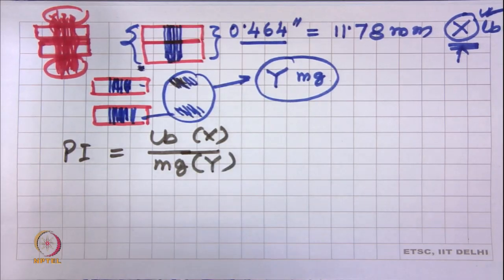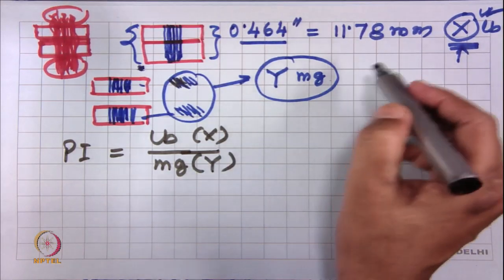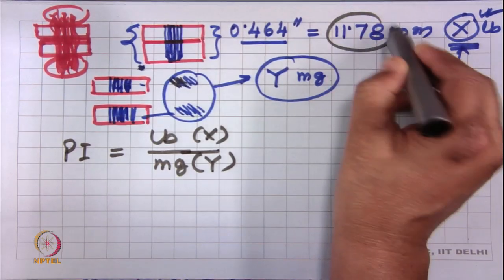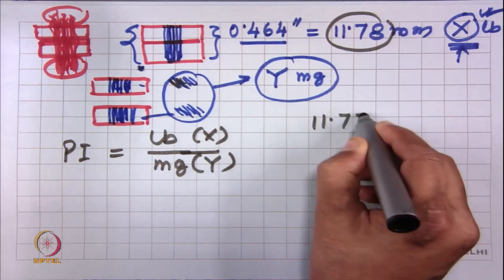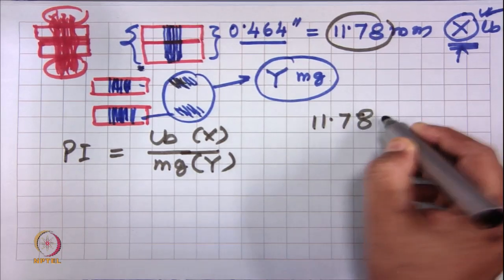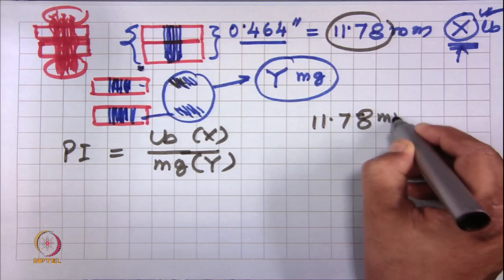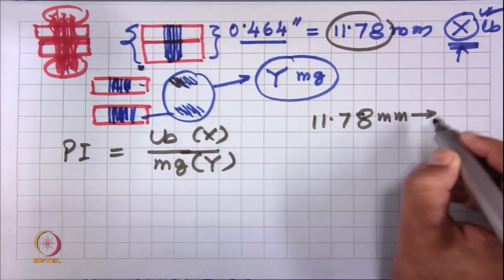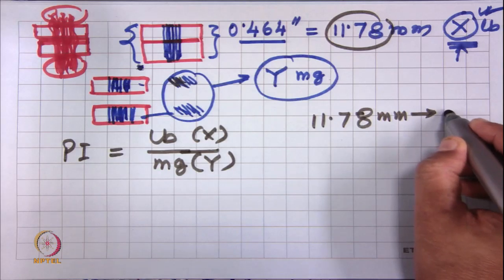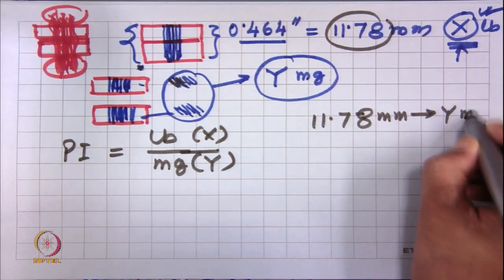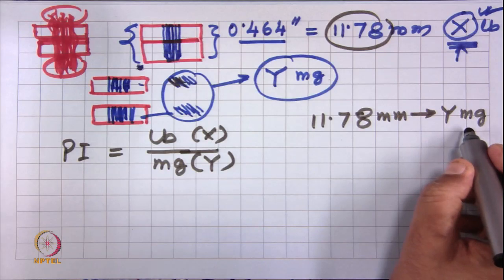Okay. Now, what is the length? 11.78 millimeter length, the mass is, what is the mass? y milligram, and if we